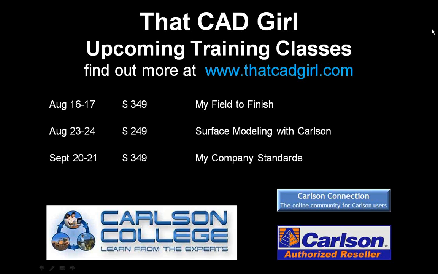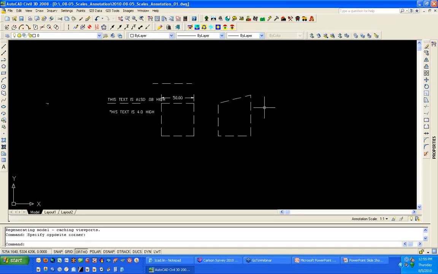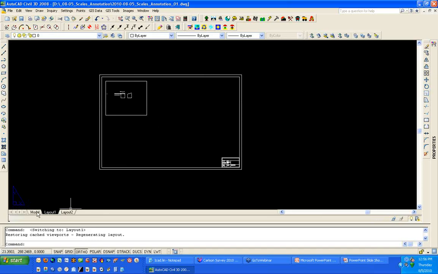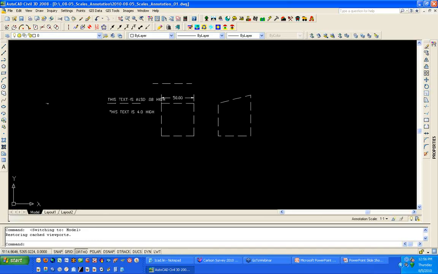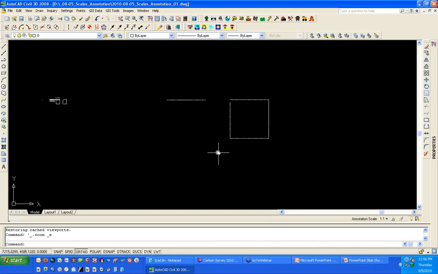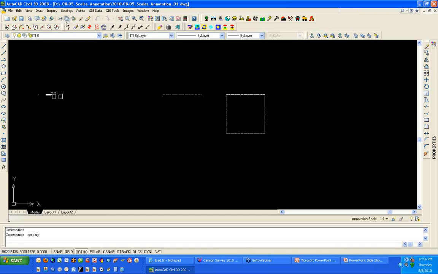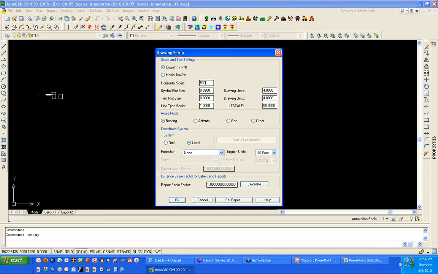Okay, I've got this open now, so it's the same drawing we were working at before. Let's switch over. I had paused it. How's that? All right, so I have now launched, I'm in AutoCAD 2008, switched back over. This is the same drawing I just opened that we had in IntelliCAD. If I zoom out, you'll see that I even have a third one. This one is meant to be at a 500 scale. So if I change this to 500,